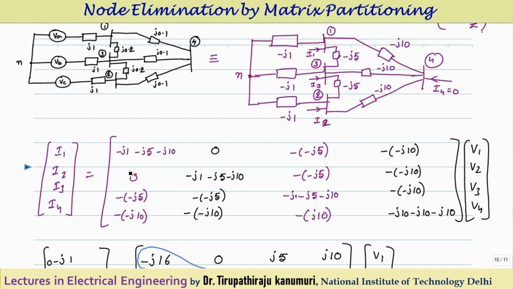Similarly, here this is 2,1. So this is 2,2. Similarly, this is between 2 and 3, and this is between 2 and 4. You can just observe here and write here. Similarly, 3,1, 3,2, 3,3 and 3,4. Then 4,1, 4,2, 4,3 and 4,4. In this way you have to represent it here.